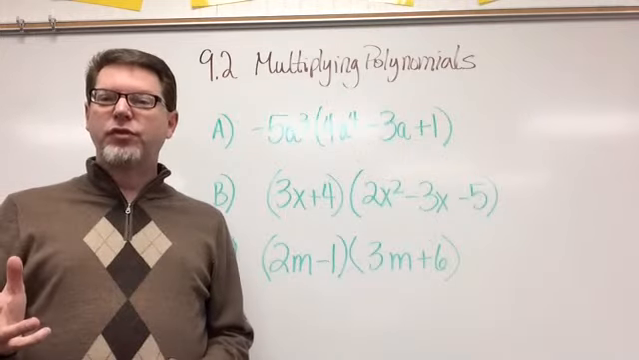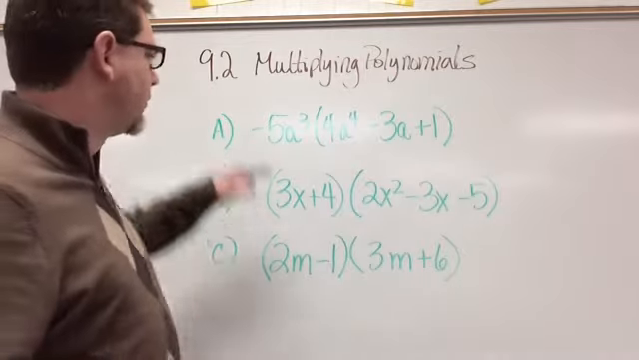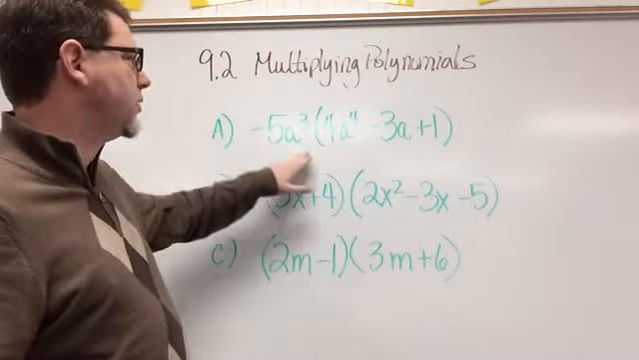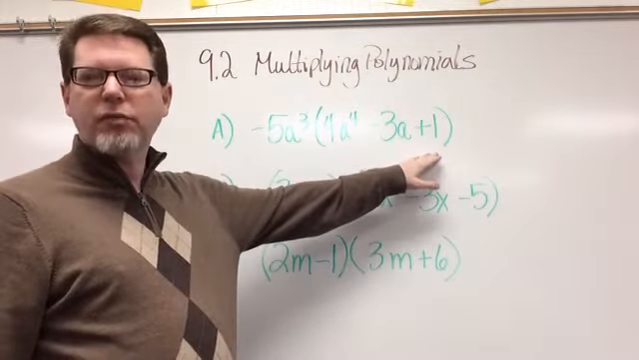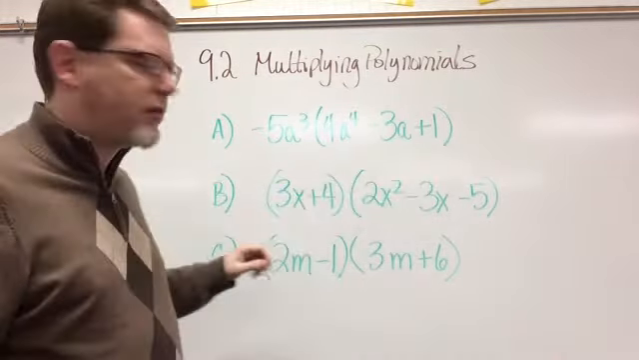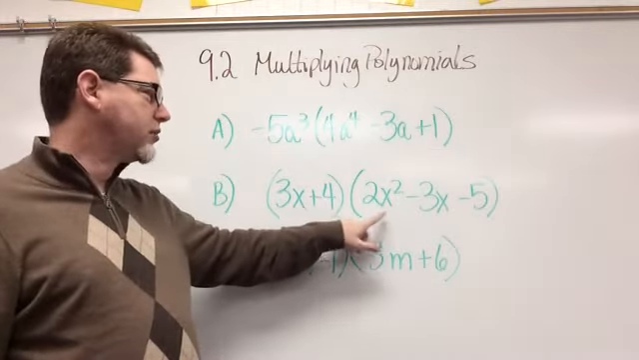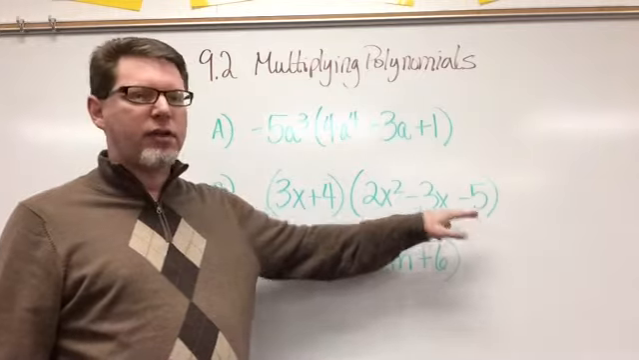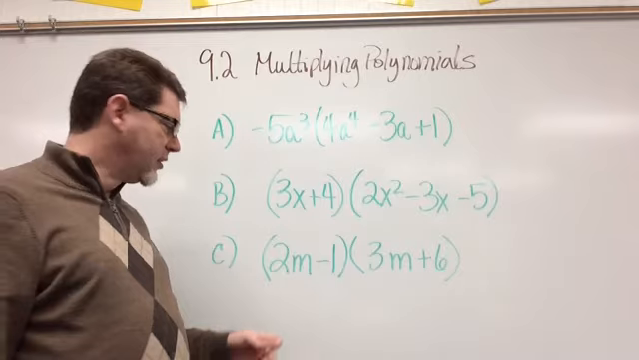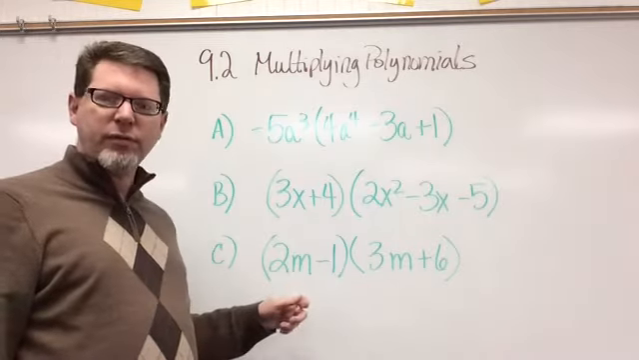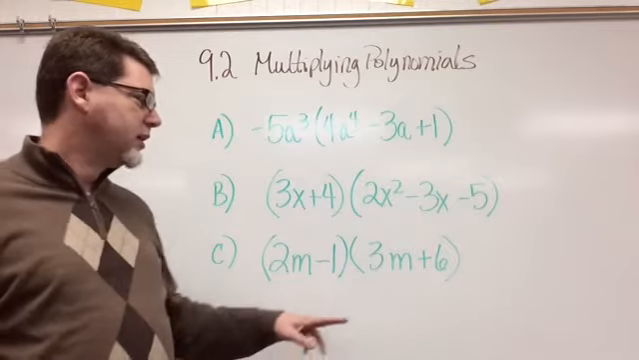Your practice problems for today come from each of the 3 sections that we talked about. The first one is negative 5a cubed times the quantity of 4a to the 4th minus 3a plus 1. Letter B is 3x plus 4 times the quantity of 2x squared minus 3x minus 5, multiplying a polynomial by a polynomial. And then the last one is C, which would be the FOIL method, 2 binomials multiplying, 2m minus 1 times the quantity of